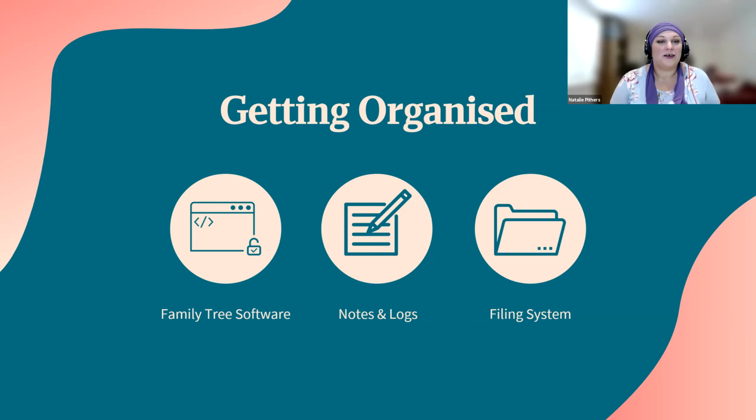And the other part, aside from your family tree software, which will record things like all your sources as well, the other thing that it's really worth doing is creating a note or logging system that really works for you. And there are lots of different software packages that you could use for this as well. So you could use an old-fashioned pen and paper journal, like one of those project books with tabs is quite handy. Or you could get fancy and use something like, I use a program called Notion, which again is free, that allows you to build